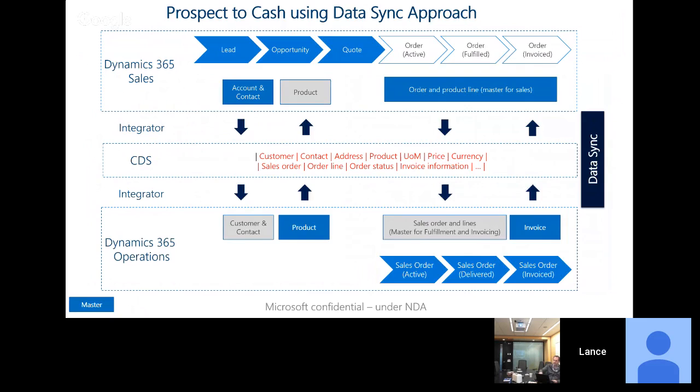Order is mastered up here at the top. This is the front office. It's ordered at the top. You see that big blue box here, order and product master for sales. Push down, and then it becomes active down here, and then invoice is what pushes back up. So this is a front office scenario. But the key characteristic of how we're doing this to begin with is enabling basically a data sync. Later on, we'll talk about some features where we'll be doing multi-master sync and some others as well. But this is our first step.